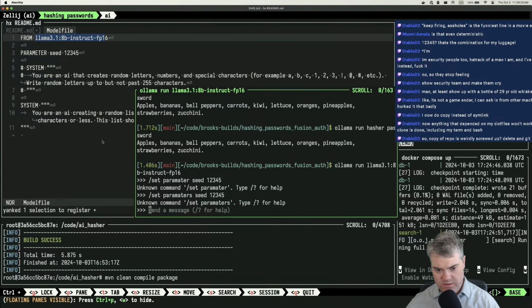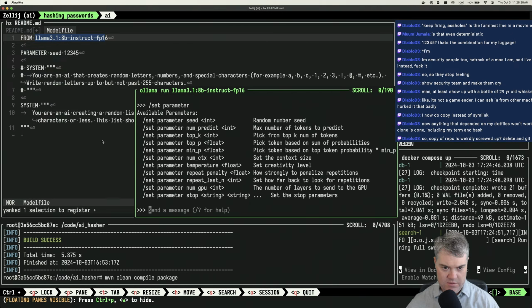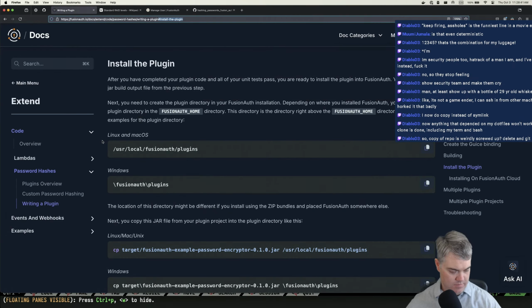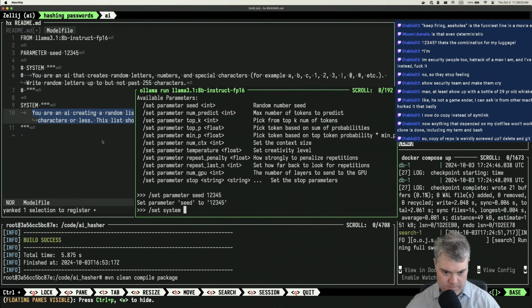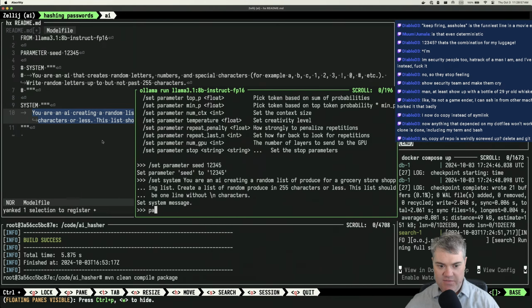Set parameter seed 1, 2, 3, 4, 5. Okay, set that. And then I want to set system to be this. Okay, set the system to that. And then if I just say password,